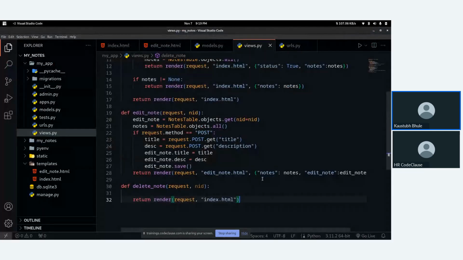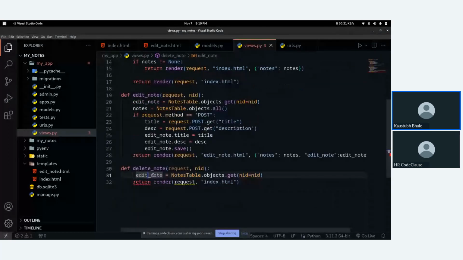Okay, this was for edit note, right? We can do the same thing for the delete. Again, I will just paste this. Now I can directly call the delete function.